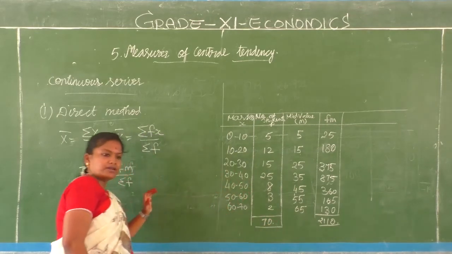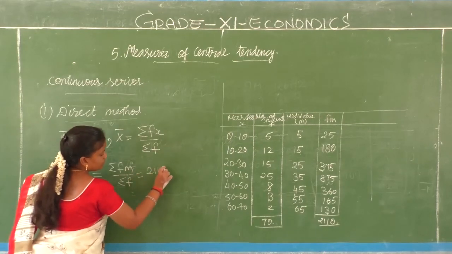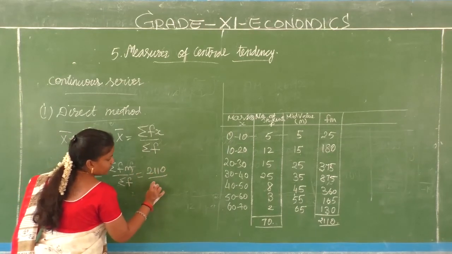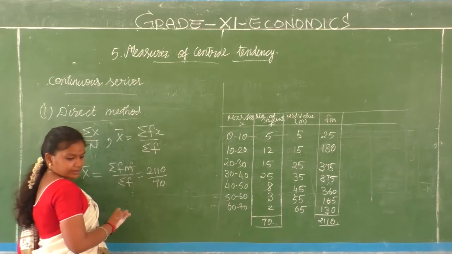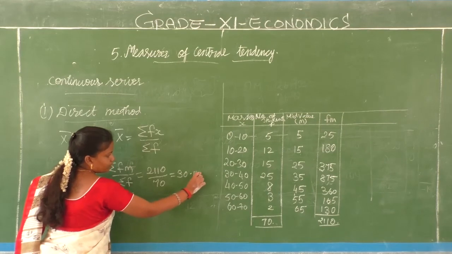So what do we have? 70. We are going to do a calculation of 2110 divided by 70, which is going to be 30.14